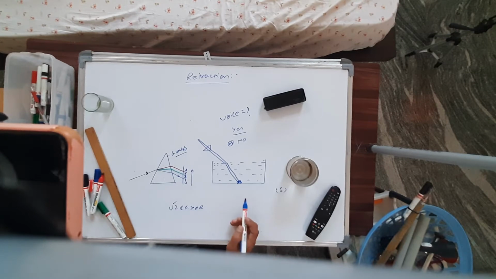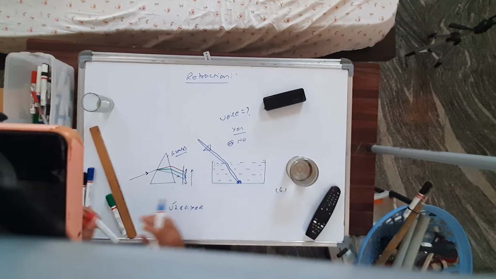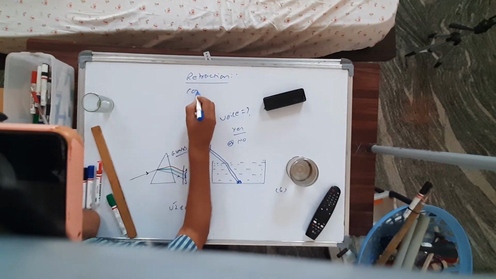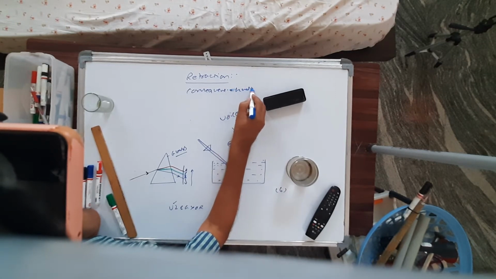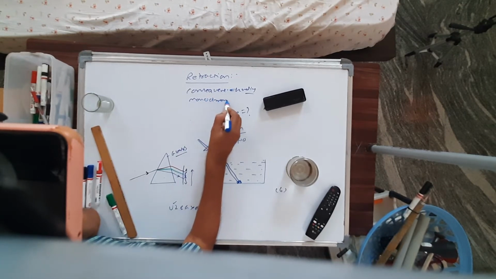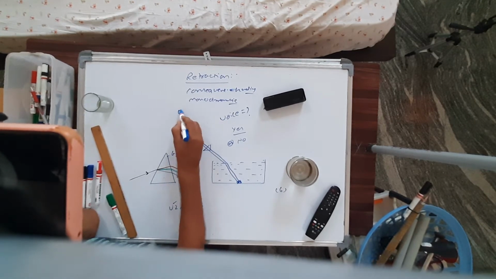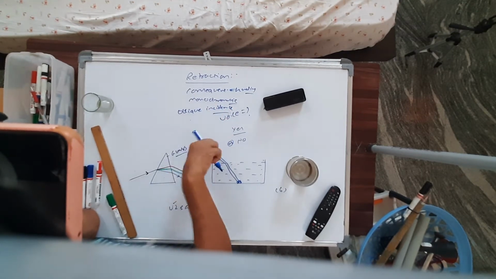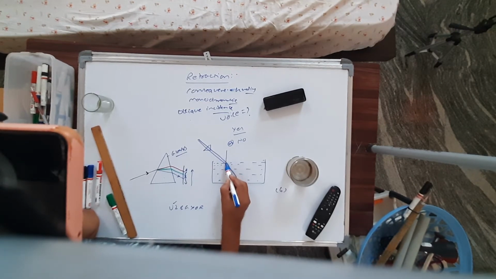Look here, so important points, I will teach you the definition. The phenomenon of change in the speed of light, because of that it bends. The phenomenon of change in the speed of light and consequent bending of a monochromatic ray of light. Monochromatic, it is most important. Monochromatic ray of light, as it travels from one medium to another medium for oblique incidence. This is very important. Oblique incidence means it must fall at a slant. Oblique incidence is called refraction. So this phenomenon is called refraction.